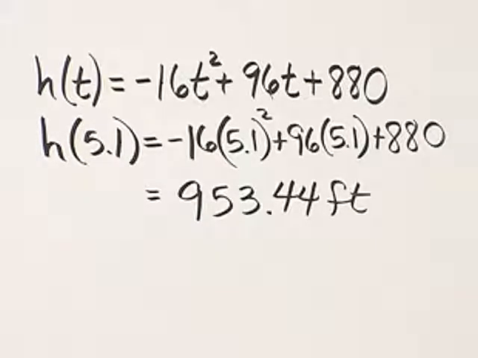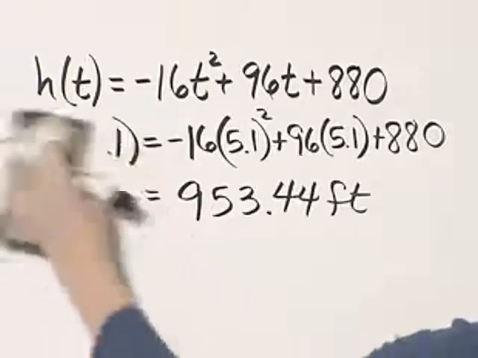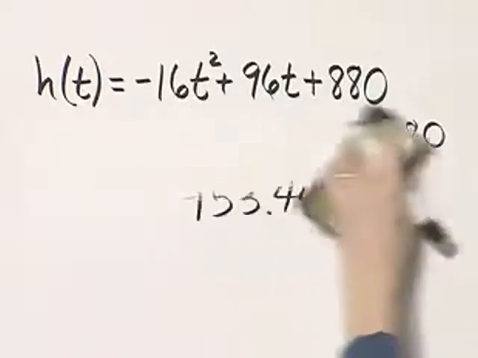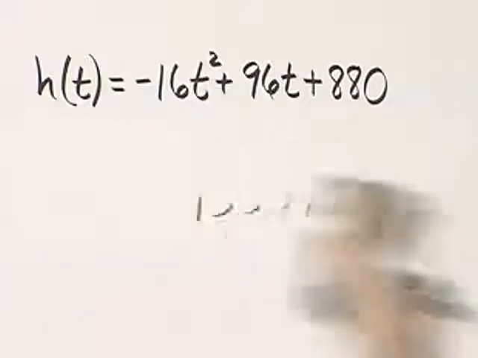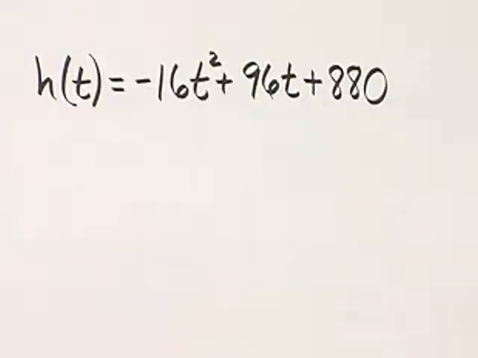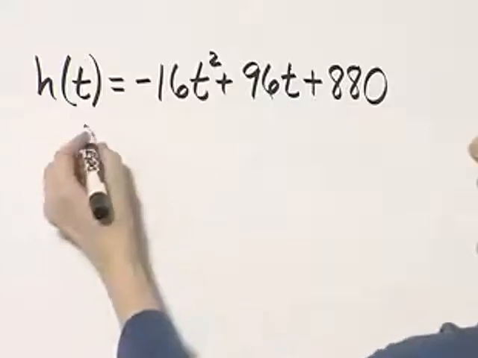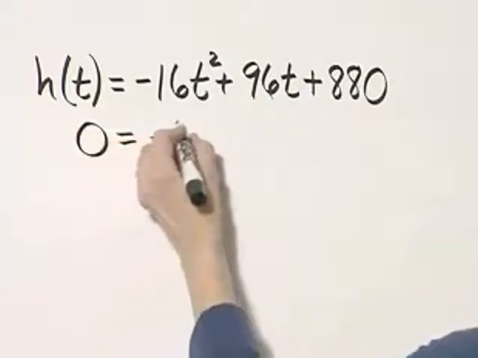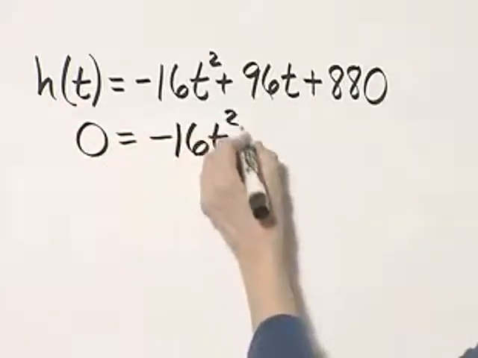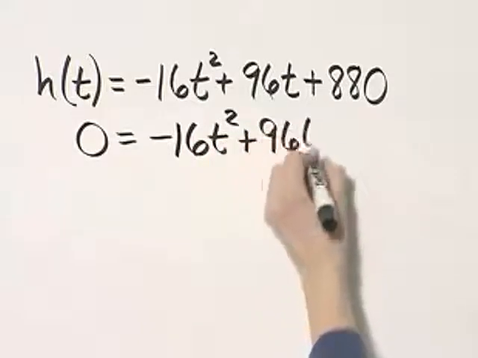Now, when will the pebble hit the ground? When means we're looking for t this time, and when the pebble hits the ground, what can you tell me about the height of the pebble? When the pebble hits the ground, the height of the pebble is 0. So I'll let the height be 0, and now I'm solving this quadratic equation, and I'm solving it for